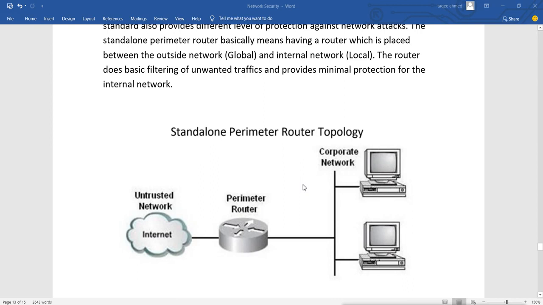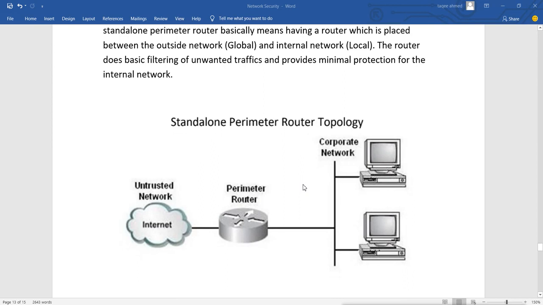We can put this perimeter router in between, as you can see in this image, the global network, that is the internet, and the internal network, which is our local network. On this perimeter router we can configure rules, an access control list, which contains the rules to allow only the traffic which we trust, and the traffic which we don't trust, we can deny by using the access control list.